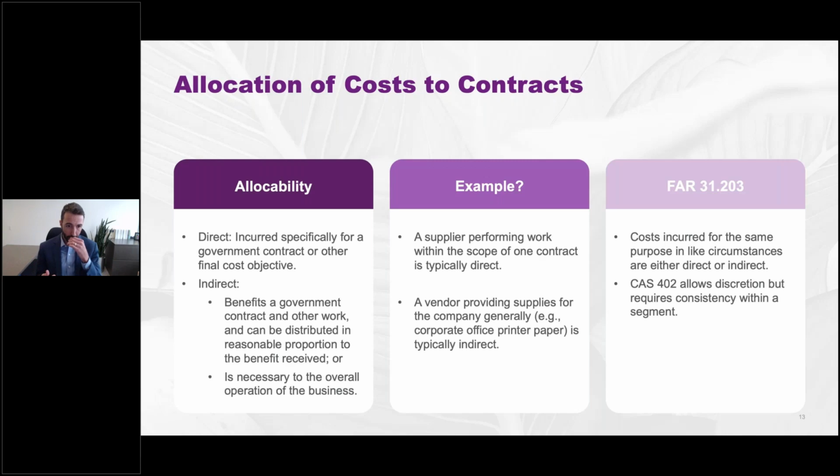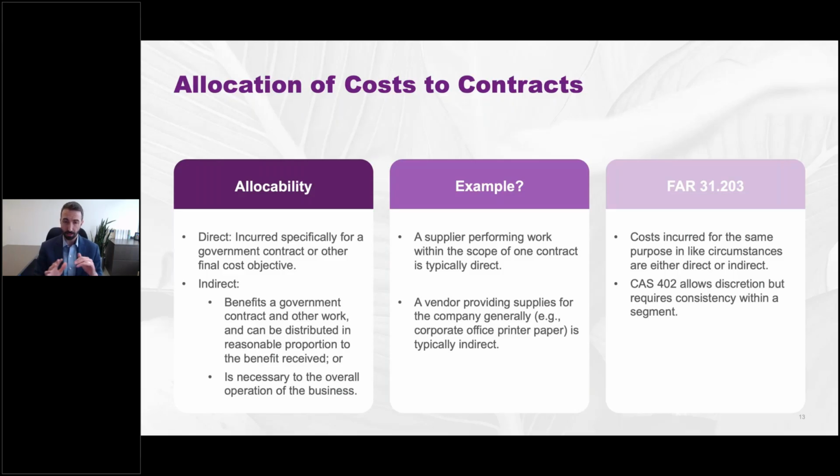Costs are either direct or indirect. A direct cost is incurred specifically for a government contract. If you buy materials for just that contract, they're not being used anywhere else, you bought it just for the performance of this agreement, it's probably a direct cost. If the lease, for example, the corporate home office lease, that's probably benefiting all of your work. If it's benefiting a government contract, it's benefiting other parts of the business. Maybe you have private sector contracts, something like that. That kind of cost, the government wants to see ratably apportioned to all of your cost objectives, contracts, projects. So that would be an example of an indirect cost in the typical case.